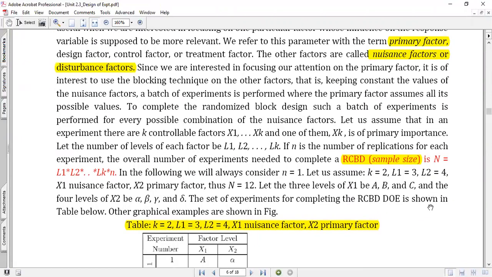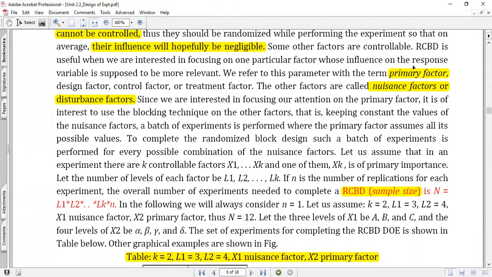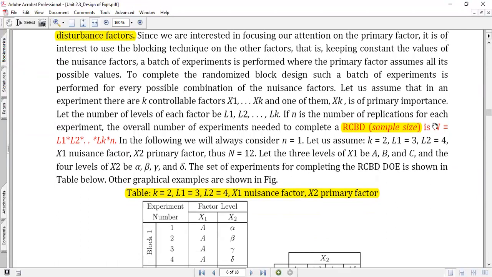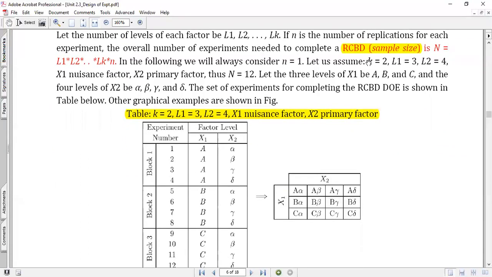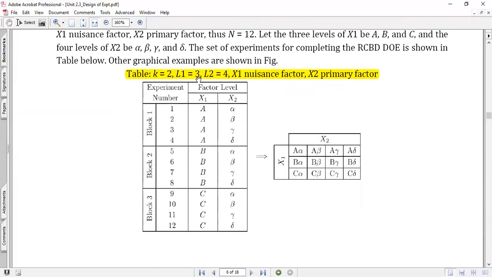But here in addition you will have to assign one male and one female to T1, one male and one female to T2, one male and one female to T3. Individually you have to assign in this case. So the sample size is the multiplication of the levels of each factor. Let us take another example just to ascertain how it is represented in a block.